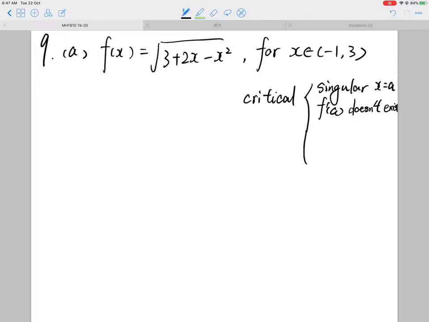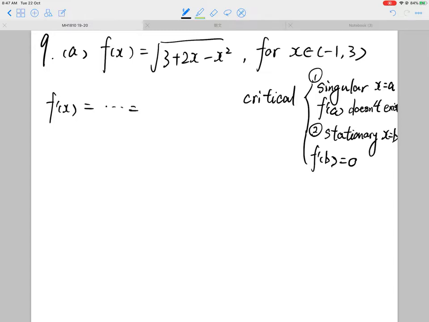The second type is stationary. Stationary, let's say point b, then the derivative at b equals 0. So there are two types of critical points. So part A, we just figure out its derivative, right? Its derivative, it will be,